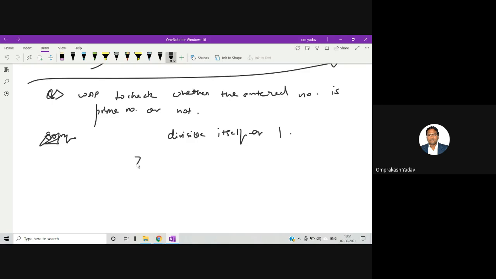For example, 7. So 7 is a prime number. If you do the factorization, it will be 1 into 7. So this 7 is divisible by either 1 or 7, and between that, it's not divisible by any other number, right? So this is what a prime number is.